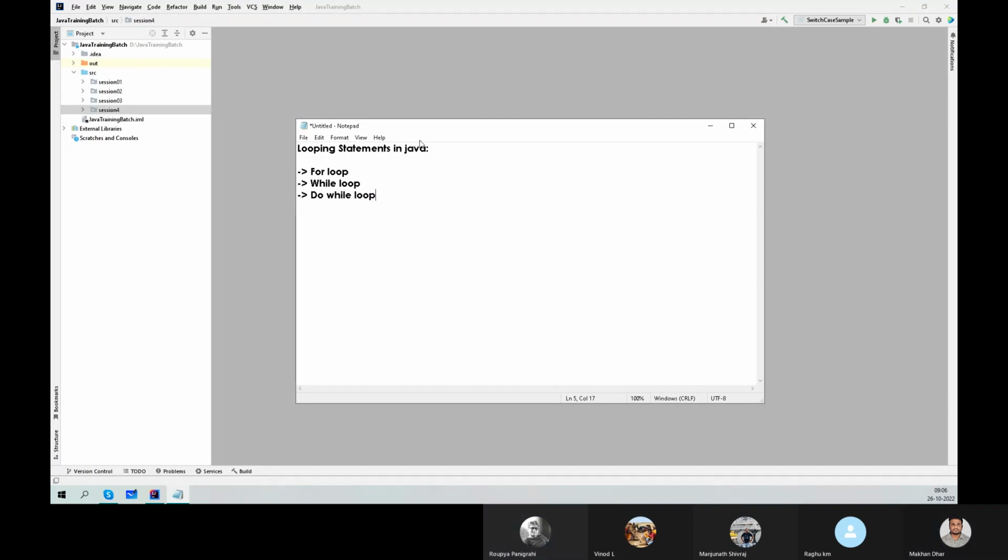So for loop in Java, right? So the Java for loop repeats the execution of a set of Java statements. A loop executes a block of code as long as some condition is true. Okay. So the syntax is